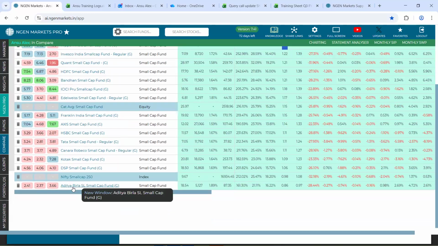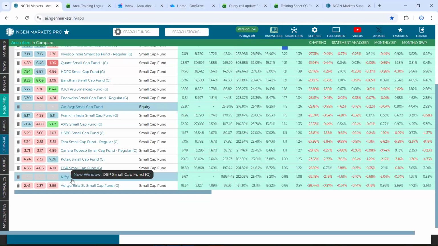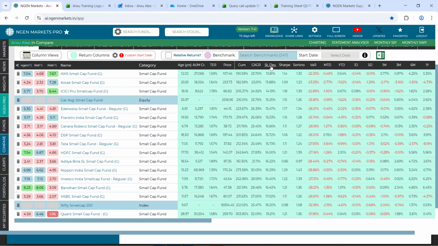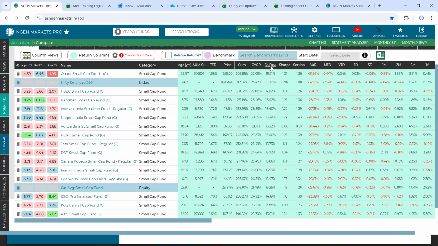However, there happens to be just a single scheme, Aditya Birla Small Cap, which has indeed underperformed not just the category average, but also the benchmark, which is Nifty Small Cap 250. Now, if we consider volatility, the risk taking capacity of each of these funds, the highest risk has been taken by Quant Small Cap, which is higher than that of the benchmark.